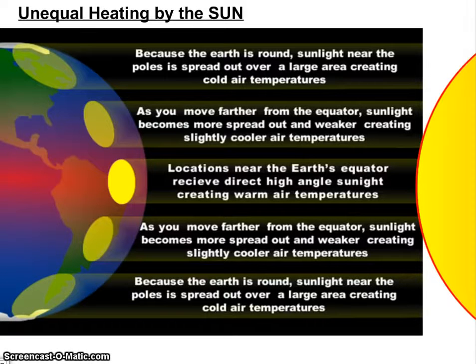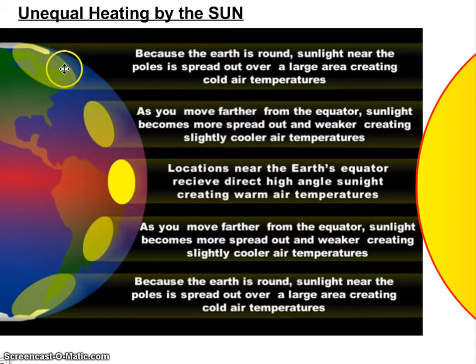Today's lesson is about global winds and the jet stream. On the diagram on your screen, you'll notice there's a picture of the Earth and the Sun. And we are talking about weather, and what contributes to Earth's weather is the Sun. And here's why. The Sun, as it is shining here on Earth, creates unequal heating in areas across our